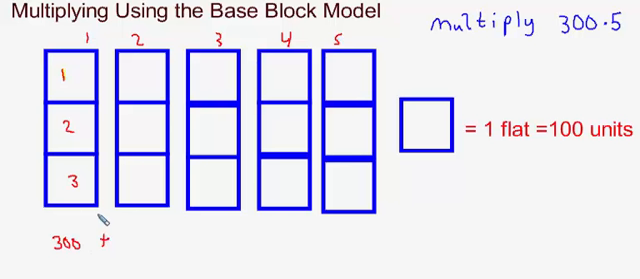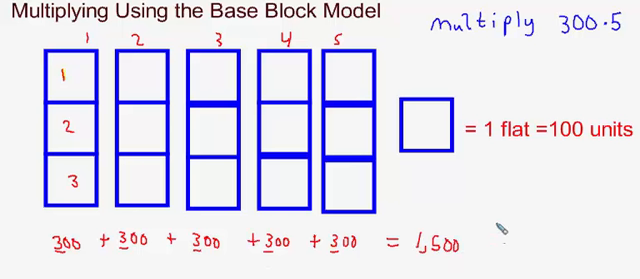That would be 300 plus 300 plus 300 plus 300 plus 300 more. If you add 300 5 times, that's the equivalent of making 5 copies of 300. And if you did that, you would get 3, 6, 9, 12, 1,500. So 300 times 5 is equal to